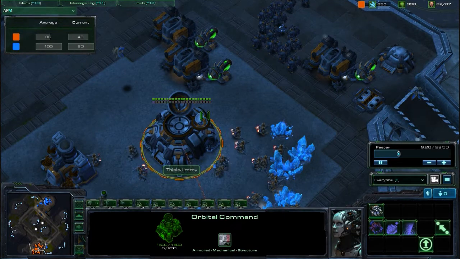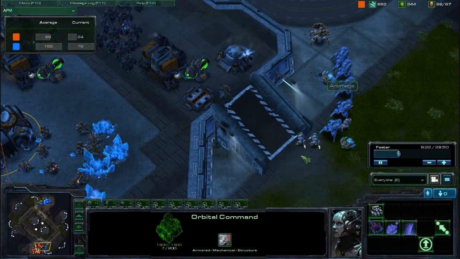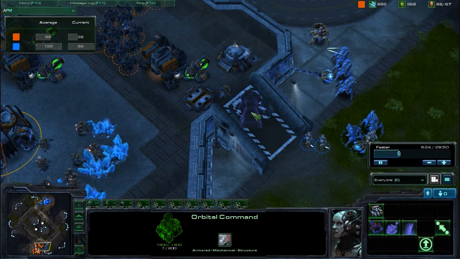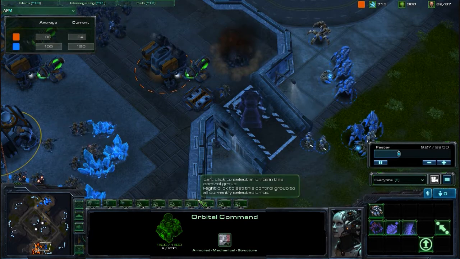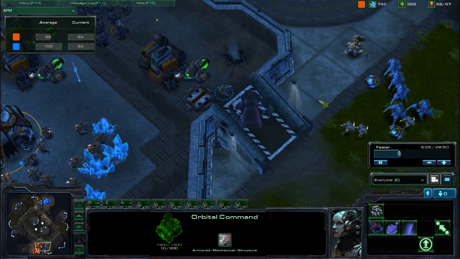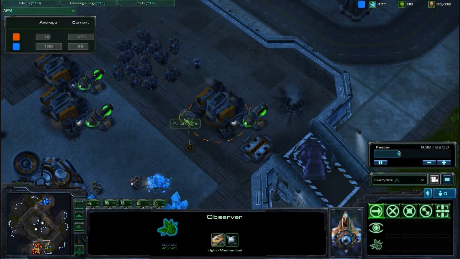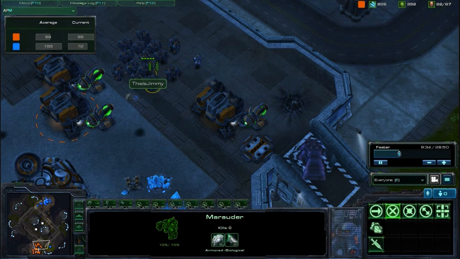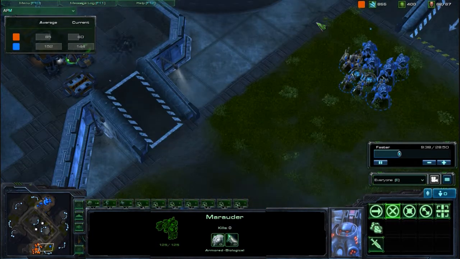So if he were to drop a scanner sweep, or sorry, now there is a fight going on here, and he's going to block off this ramp to prevent units from moving down. And the bad part about that is it also prevents zealots from moving up. So Antimage is of course going to see Jimmy's large force of Marauders here, and I'm not sure if he's trying to provoke it or what, but he cannot stand up